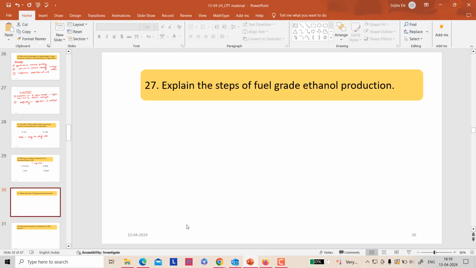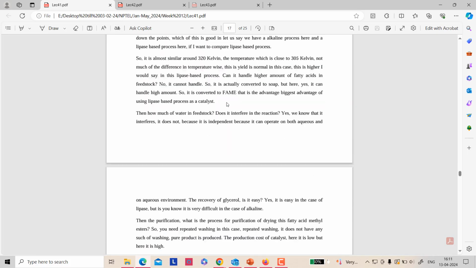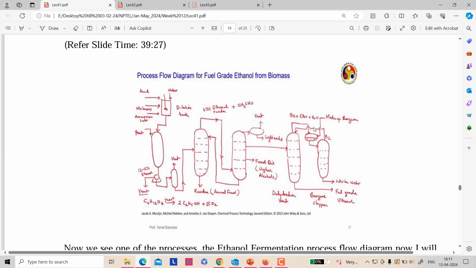So there is a flow chart. I hope this is visible. This is the fuel-grade ethanol production from biomass. So what are the main steps? Here molasses are coming, acid catalyst is present, ammonium salt is present, and water is given in the dilution tank. Okay, so they are going to a reactor where yeast is given. They are producing 12 to 15% of ethanol. Then they go to the vent reactor where off gases are released,